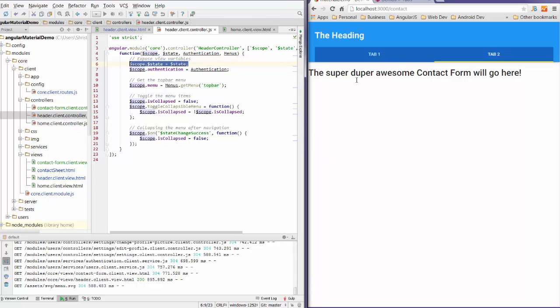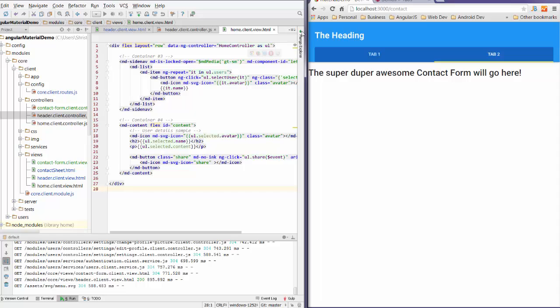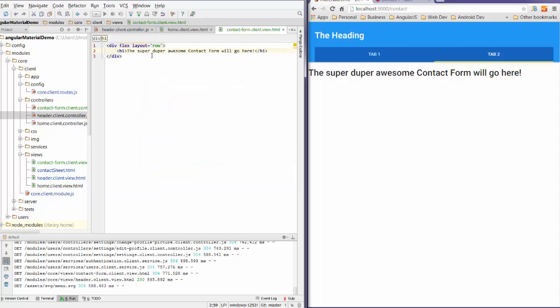That's good and well, but now I want to turn this into a contact form. So I want to display a little form here, and the first thing I'm going to do is center all the content. So I want the form to be exactly centered both horizontally and vertically. Now this is a pain to try and do with CSS, but just have a look at how quick this is with material design. I'm just going to jump to the contact form.